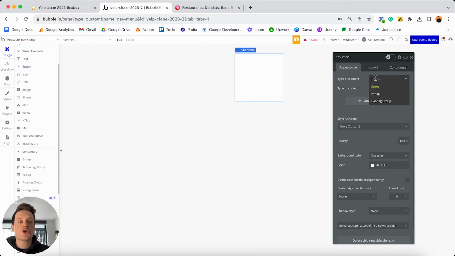And so you can choose between whether you want this to be a group, a pop-up, or something called a floating group. And in this case today, we're just going to keep this reusable element as a group. And before I build out anything on this group, perhaps I should just illustrate how reusable elements will work. So let's say if I make a change to the